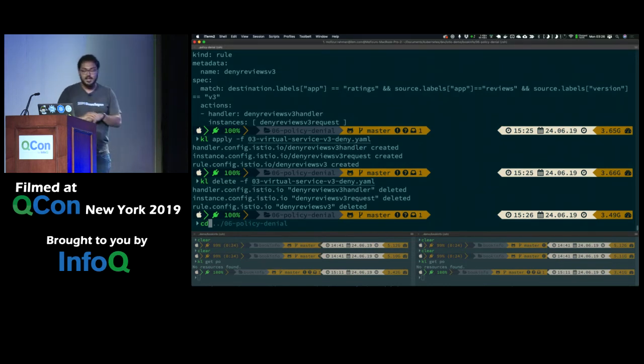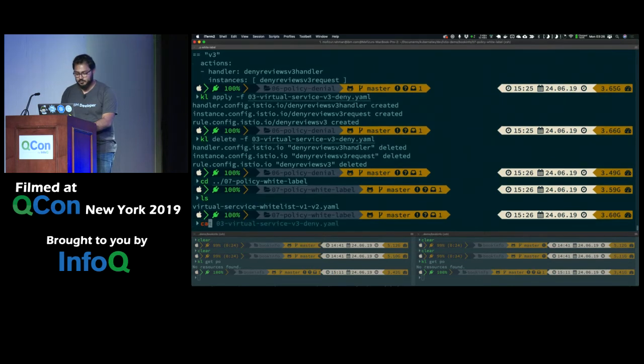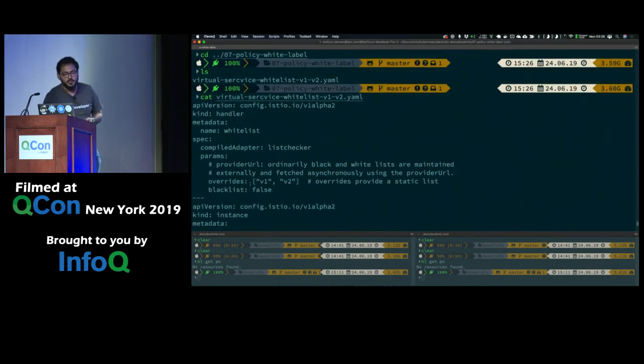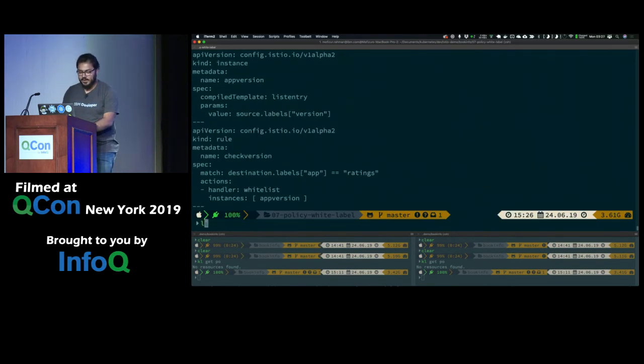We can also set cluster level whitelisting if you want to set anything like that. So on our cluster, we can say anything with the label v1 and v2 is whitelisted. It says blacklist false, so that means whitelisted. So anything with v1 and v2 is whitelisted. Everything else is blacklisted by default. So if I apply this rule,